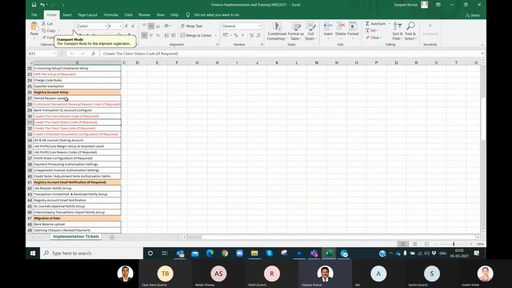If you enter that key, the period will be reopened, and then you can pass the entry and close the period again. And for that period reopen level, you can assign a certain group of executives or managers who can only reopen the period, otherwise nobody else.